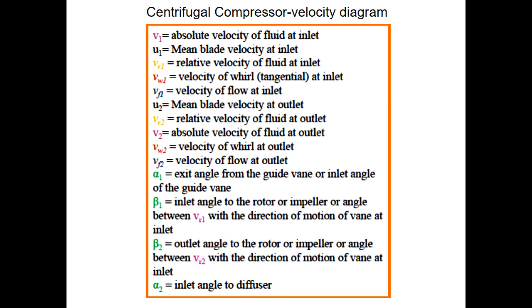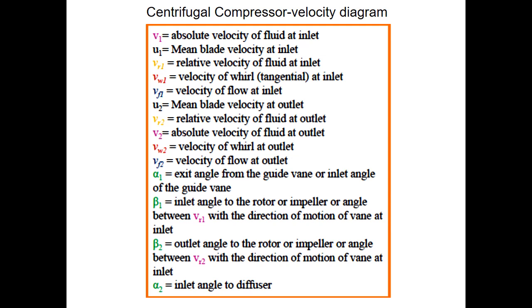In order to study velocity diagrams of a centrifugal compressor, you should be familiar with the different velocity terms and different angles. You might have seen almost the same terms under turbines and pumps where the working fluid was liquid, but here our working fluid is air. So please remember, in the upcoming slides we will be using capital letter C to represent velocity terms and not V. For example, here you can see V1 stands for absolute velocity of fluid at inlet. So instead of V1 we will be using C suffix 1.